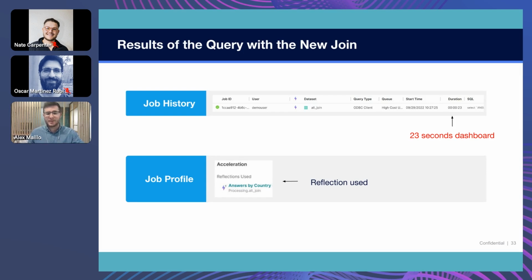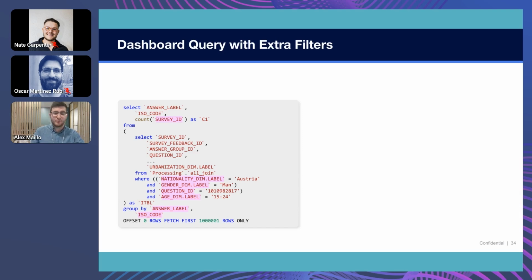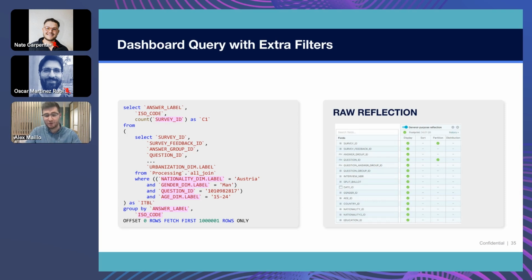We can check the job and see that we get the query in 23 seconds when adding the age, gender, and nationality filters, when also using the 17 dimensions reflection, and that's the slowest time we have gotten so far. So instead of this large reflection, we can keep the smaller aggregation reflection for when we do not use additional filters or when we have very few filters, but we must avoid using an aggregation reflection with so many different values because what makes an aggregation reflection worse in performance is having high cardinality fields as dimensions or simply having lots of dimensions. So if we run this query again without using this last giant aggregation reflection, we will see